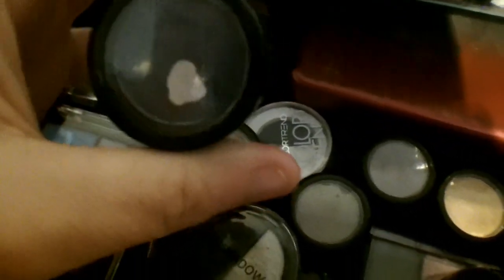The reason why I haven't been using it recently is simply that I do have a lot of eyeshadows, so I was trying to get through it all. But now I'm sort of swapping them out monthly, I'm going to hopefully give this a bit more love. And with this, I'm going to be using,